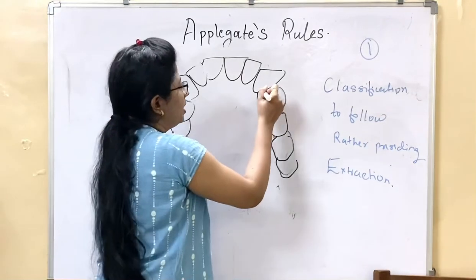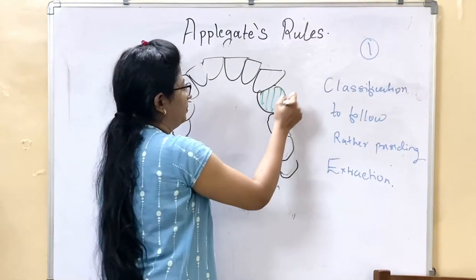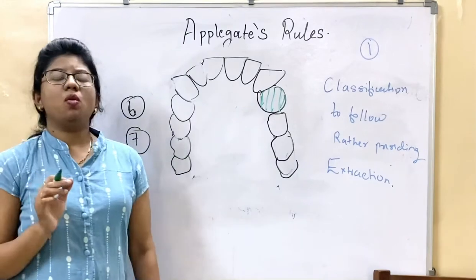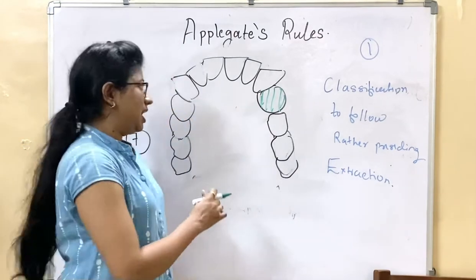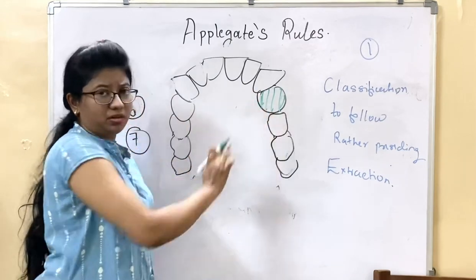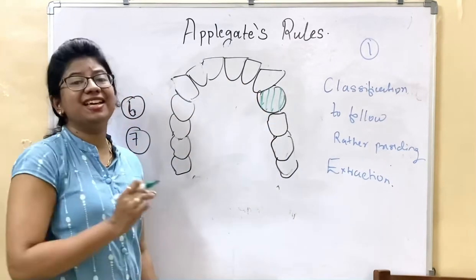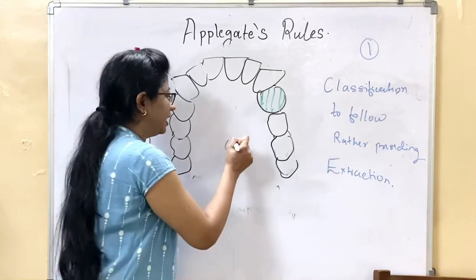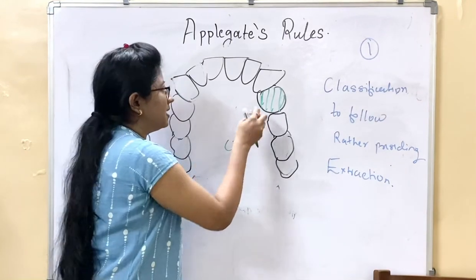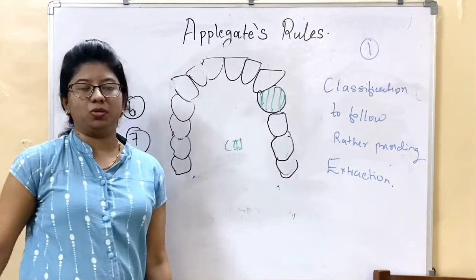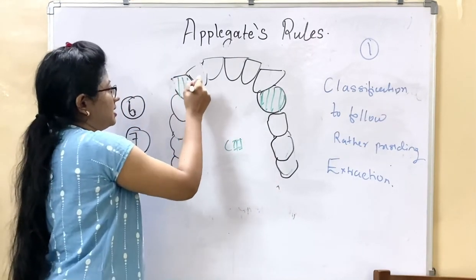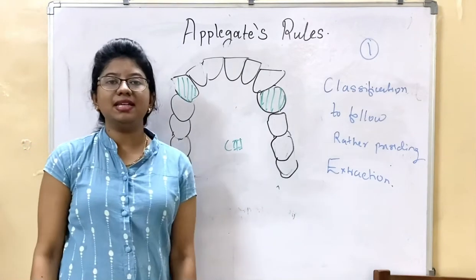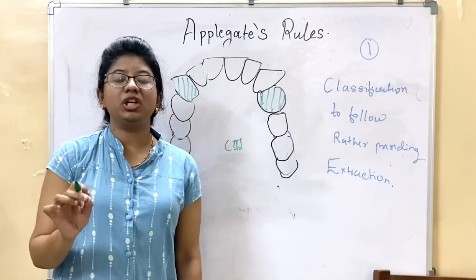There is one edentulous space here. So what does the classification say? Posterior most extent determines the classification, as it is the most posterior. So basically it is class 3 according to Kennedy, as there are teeth present anterior as well as posterior to it. Along with this class 3, if there is one more space, then it will be considered as class 3 modification 1.